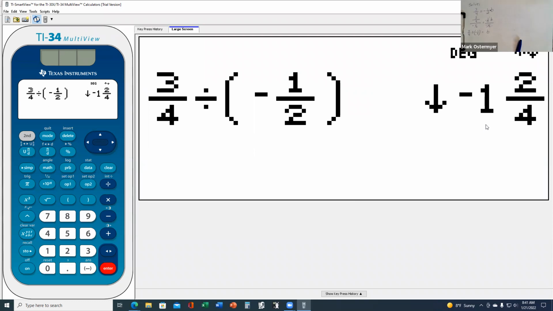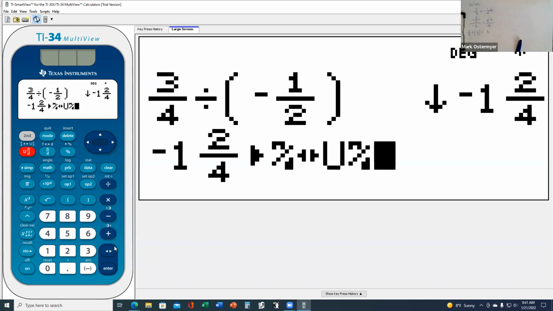Now your answer is reported as a mixed number. You can always go back and forth between a mixed number and a fraction. On your calculator, above your mixed number template button, that affords us the ability to go between a mixed number and a fraction. So if you don't want to leave your answer as a mixed number, negative 1 2/4, you can turn it into its equivalent improper fraction by hitting your second button, followed by your mixed number button. This will convert it back into its equivalent improper fractional form,